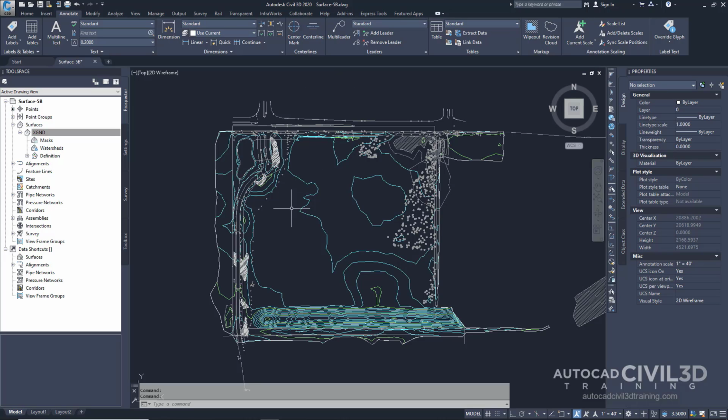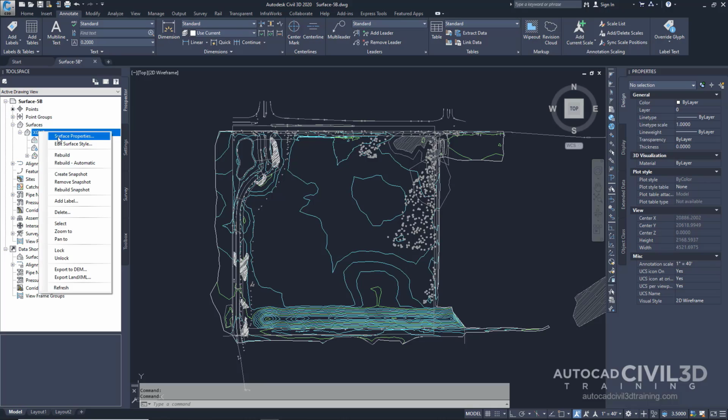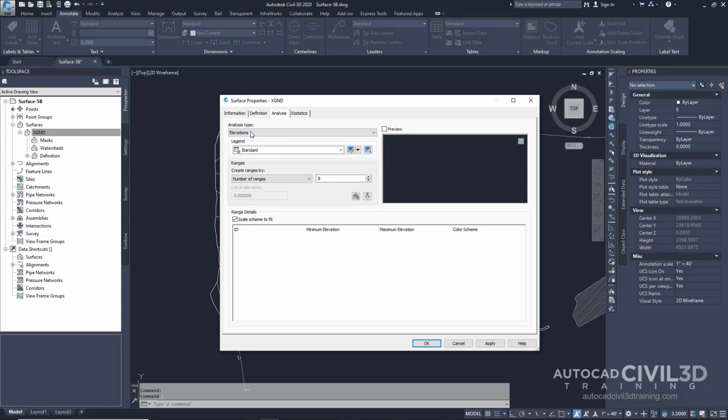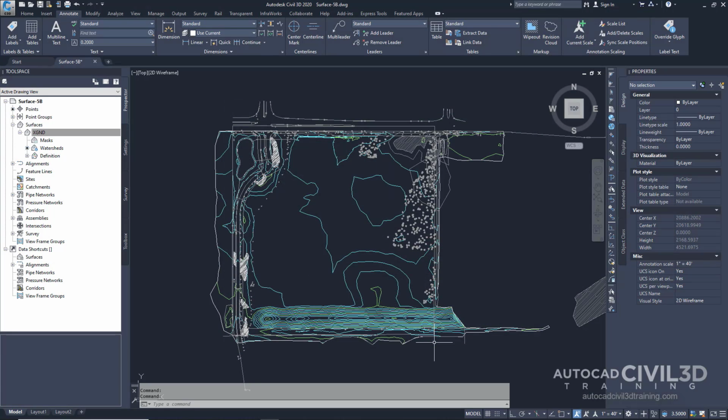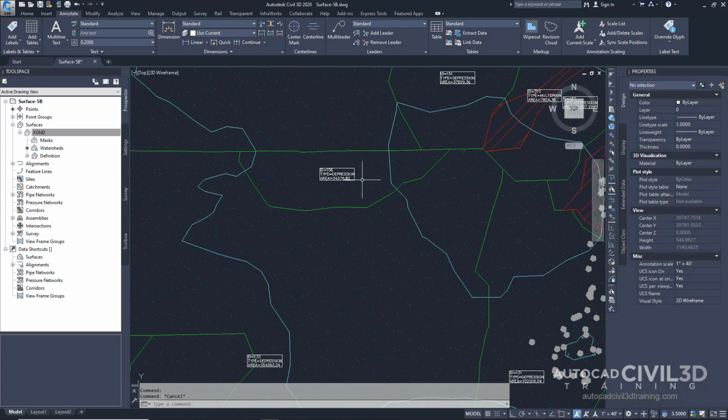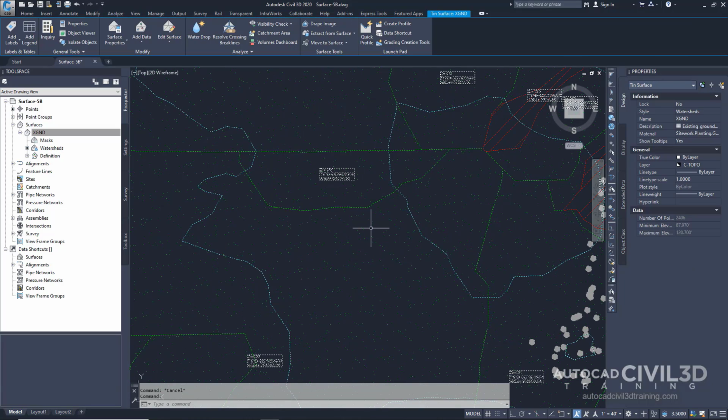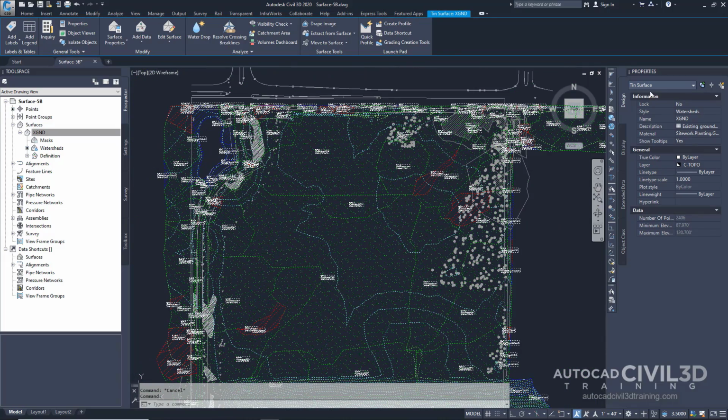But in this drawing, what we need to do first is bring back our watersheds. So go ahead and right click on your surface, click Surface Properties, then choose Analysis. Bring up the analysis type, which is watersheds. Click on the downward arrow to run the analysis, then click OK. So when we go to select our watershed, you'll notice that it's still tied to the surface